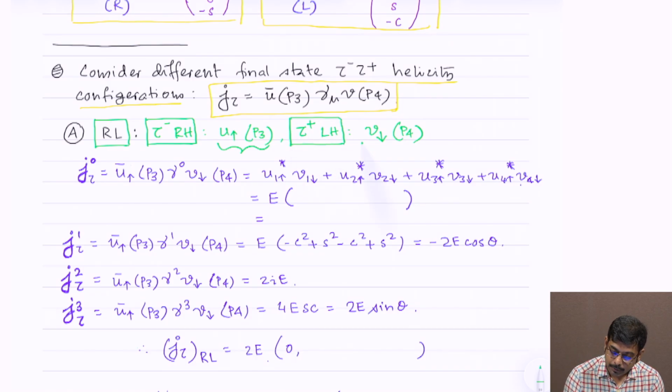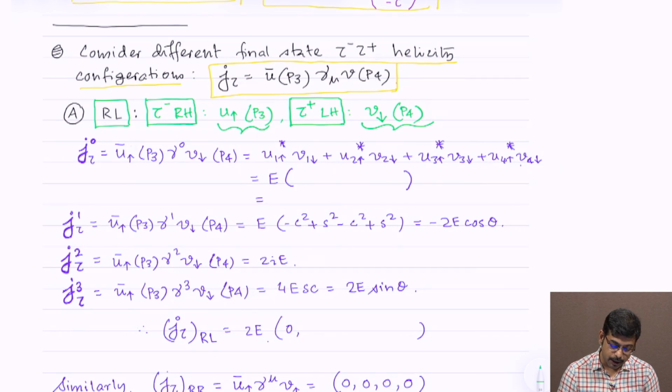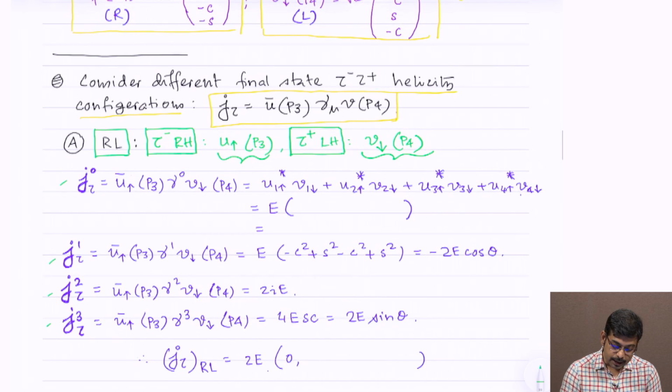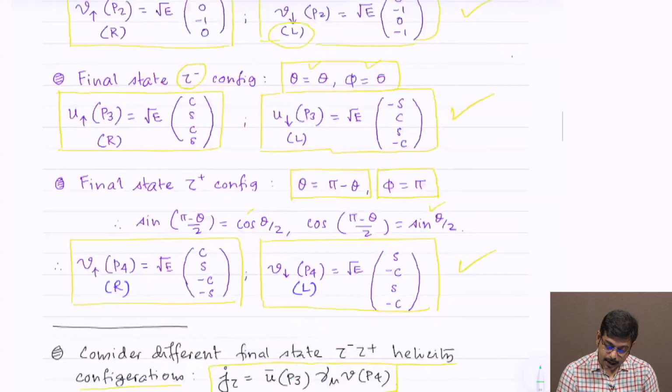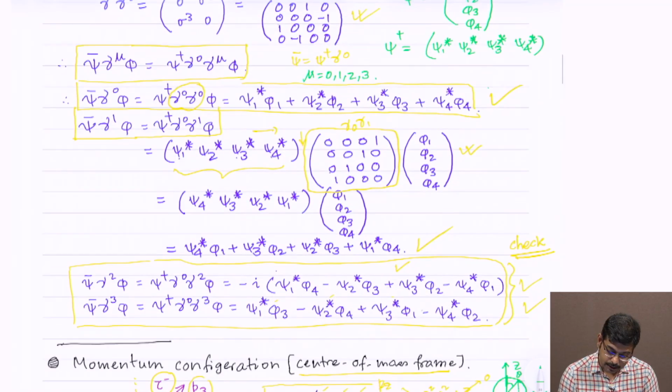That means we have to assign the V down P4 the spinor for this particular one. So, therefore, if I have to now find the J tau 0 for the RL configuration, all these calculations that I am doing are for the RL configuration, where u up P3 and V bar P4 are taken into account. And once again J0 is therefore u bar up P3 gamma 0 V down P4, right. Following this identification, following this matrix multiplication that we have already done,